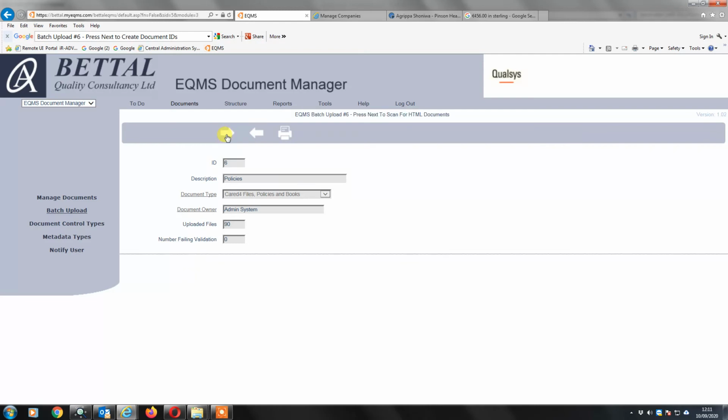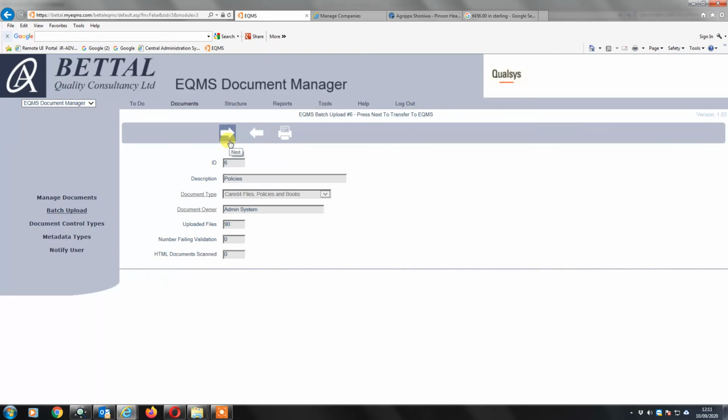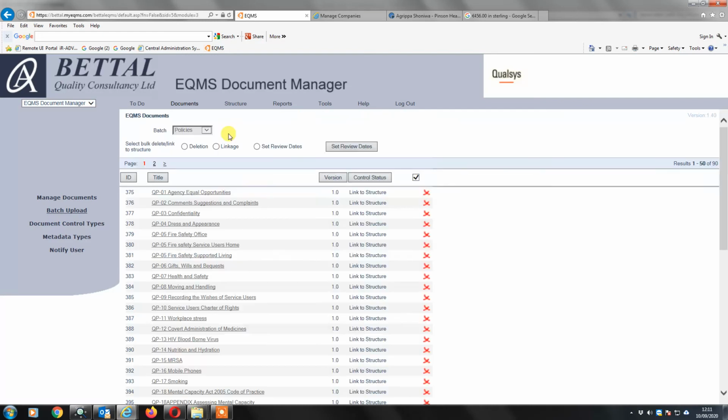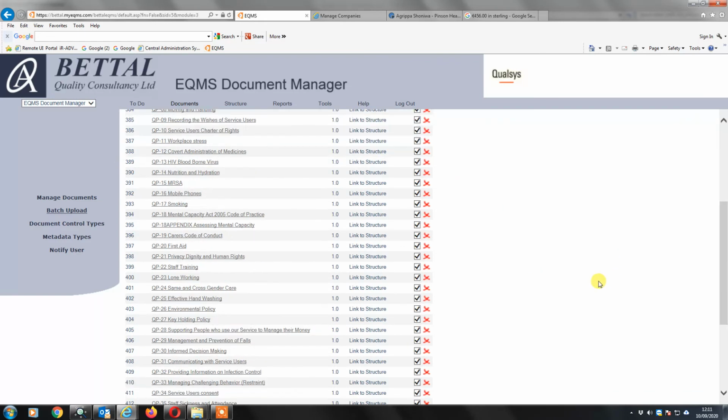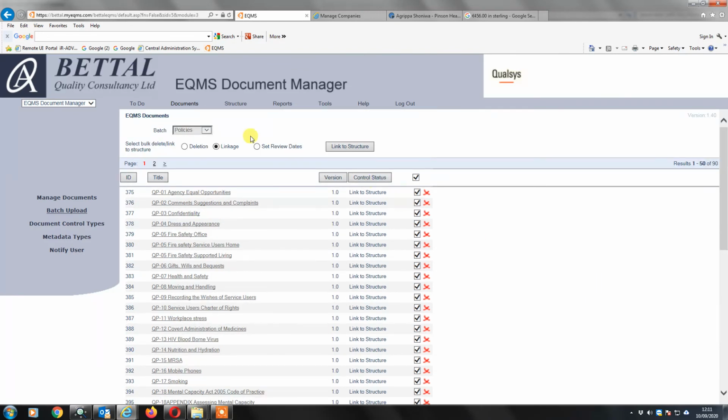Press this right arrow, right again, so that's 3 rights, I believe. It's a bit of an odd process, and what we're going to do is link, that's this page 1, there is a page 2, as you can see. We're going to link every policy to the policies folder in the AAA Care Solutions policy folder. So link,